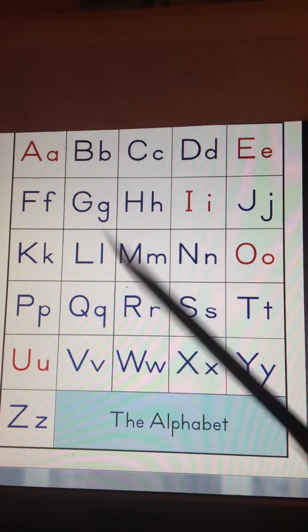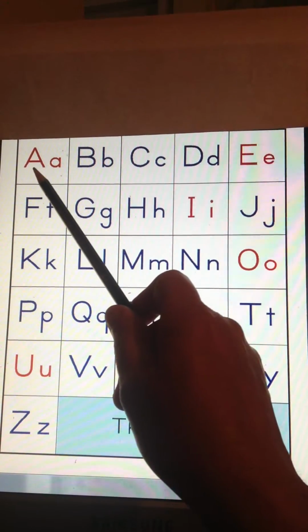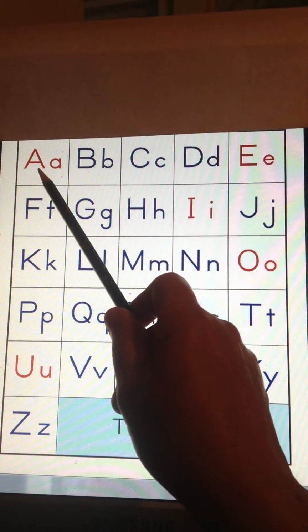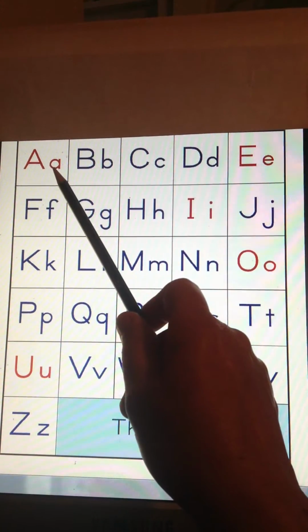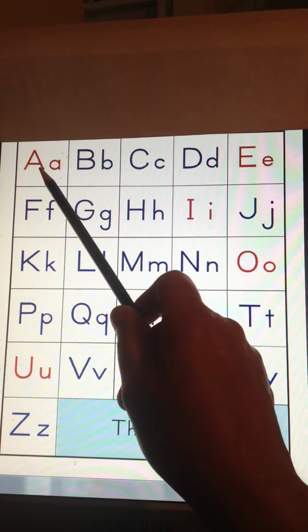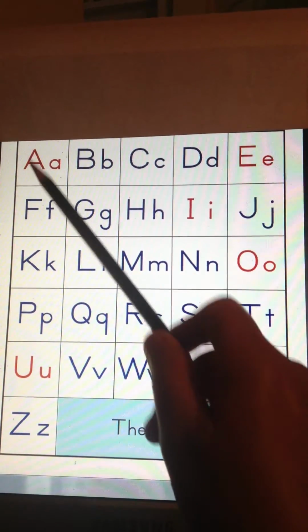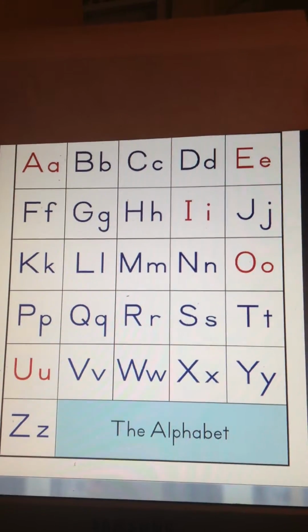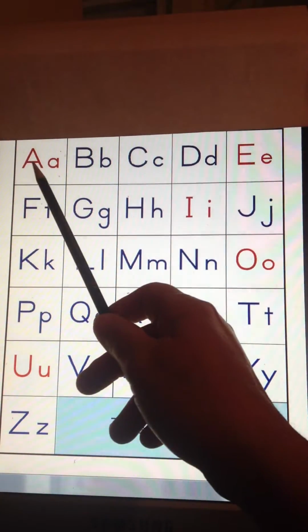Vowels. Okay, I'm going to point to the A, and I'd like you to say, I'm going to say A, and then you say the sound on the little one, ah. Here's a capital and a lowercase. Names, like your name, starts with a capital letter. Okay, A,